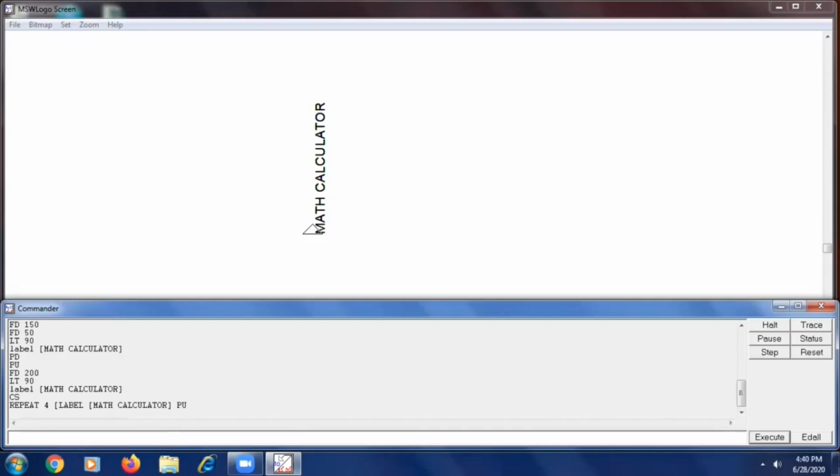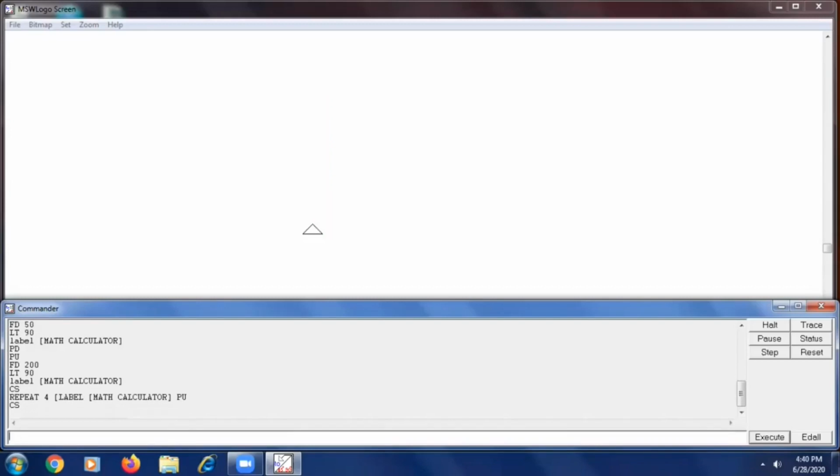We can use the repeat command. Using this repeat command, let me see how we will do it. So this is CT, clear the screen. The repeat command can be used to draw the earlier pictures.